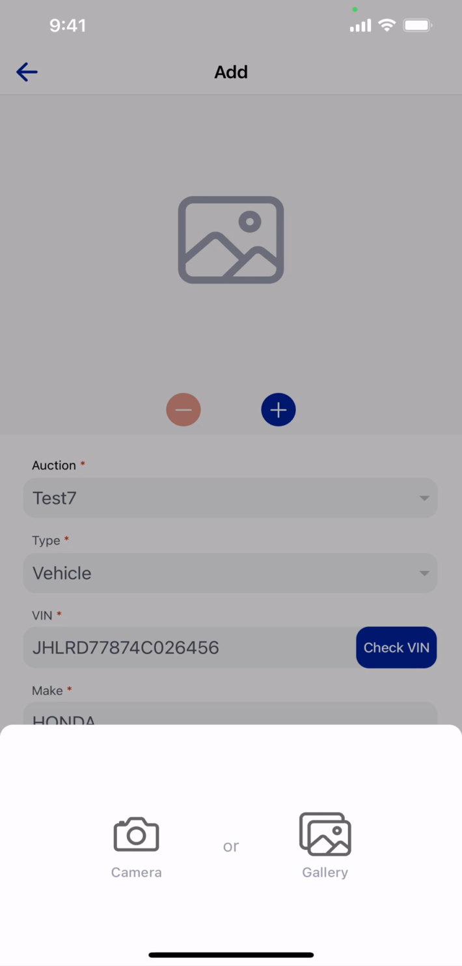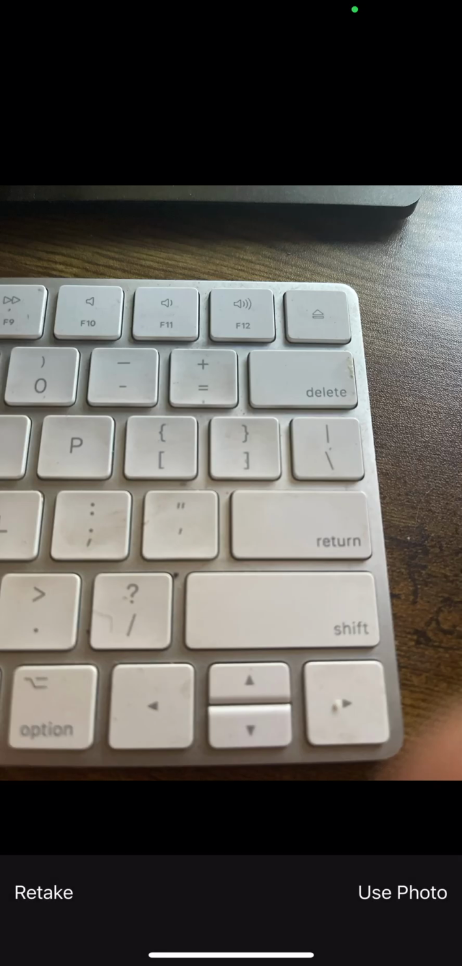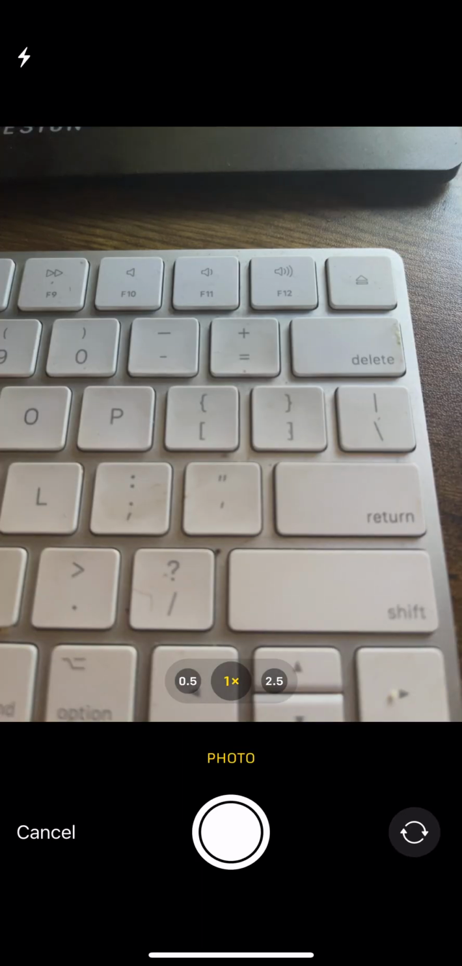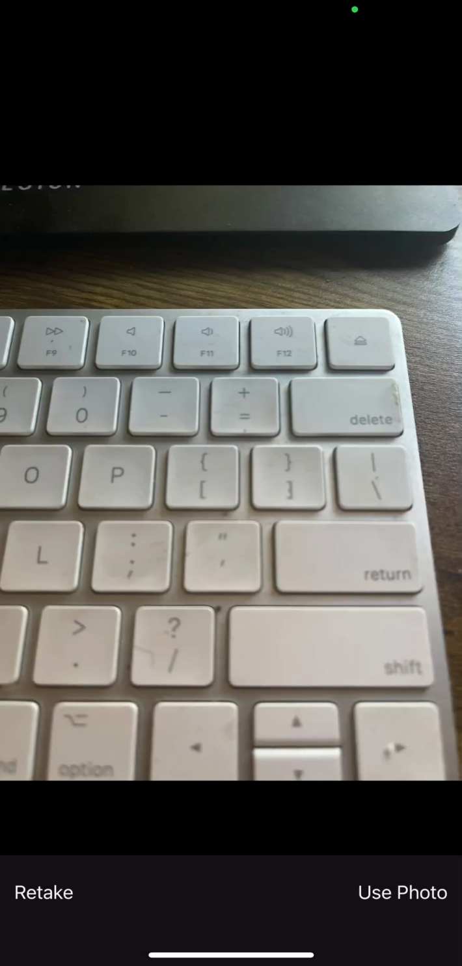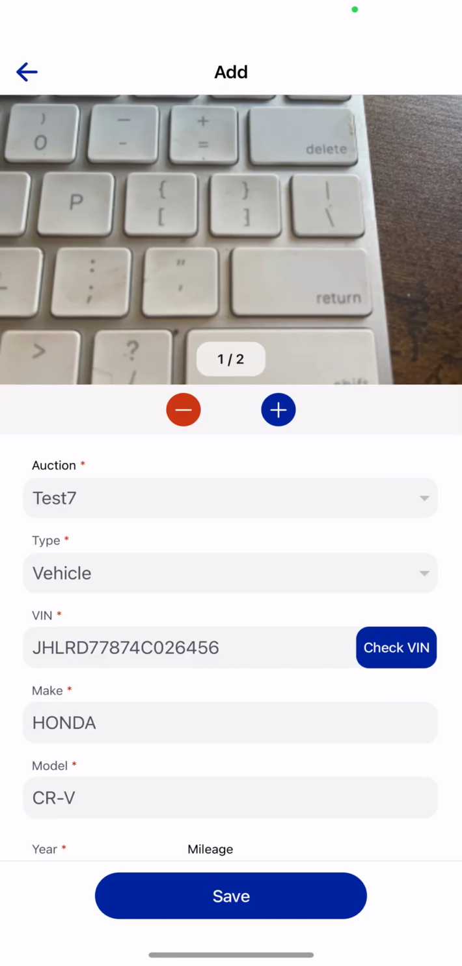You can pull it from your camera roll, or you can actually go to your phone and take pictures live if you're at the car right now. So as I go through this, you take it, you push use photo, then you push cancel when you're done. Now we do ask that you take 4 pictures of the outside, 2 of the inside at least, so that you get the best effect through the auction,